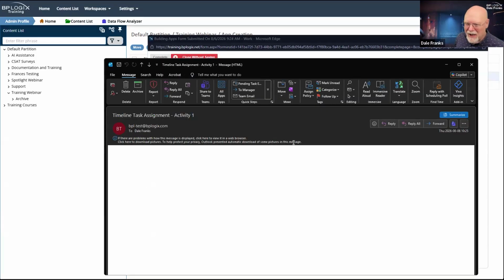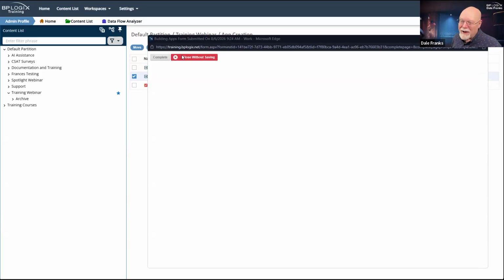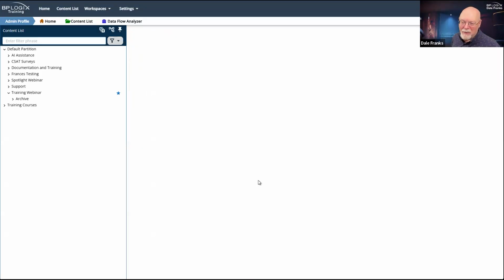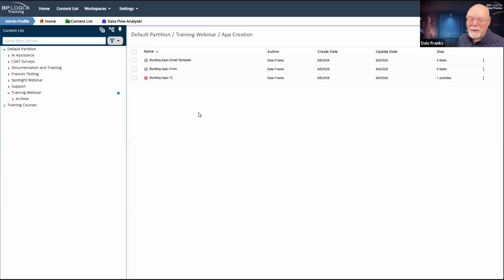And as I said, it's not a great email, but it at least tells me that I have a timeline task assignment in activity one. Guess what? I've got a working app. I would not call it a completed app, but it is an app and it does work.